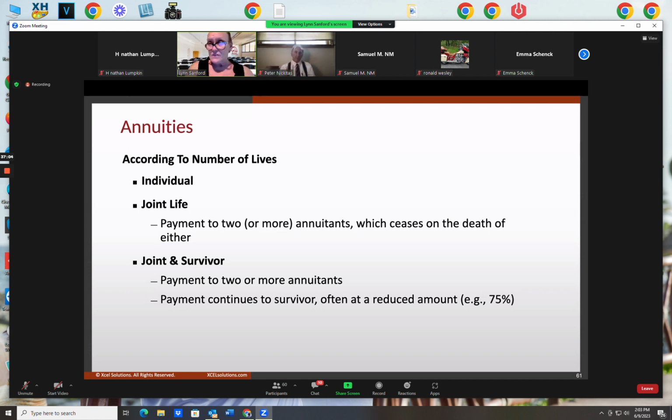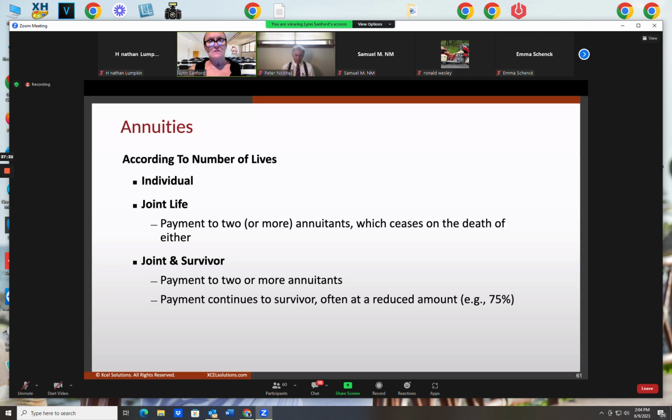They might downsize from the bigger house to a smaller condo, or maybe even assisted living at that point. So their expenditures are going to be a lot less when one of them dies. They want the largest check when they're both alive, and they want the survivor to know and realize that when the first one dies, their check will be diminished down to 2/3 of that amount. And they're okay with that because they know there'll be certain expenses that won't be incurred anymore with the first one deceased.